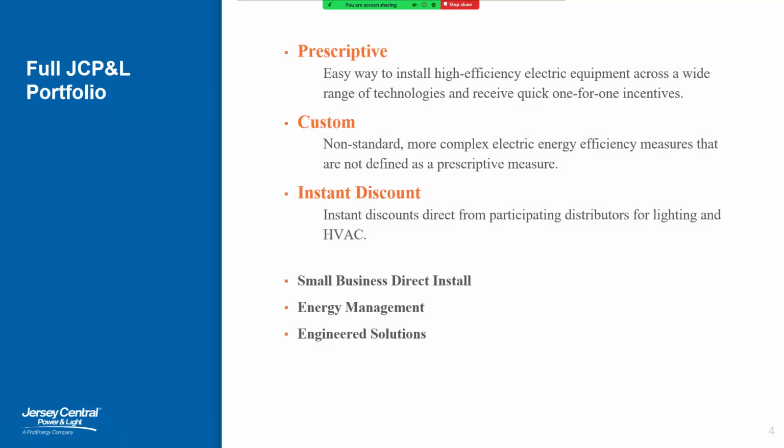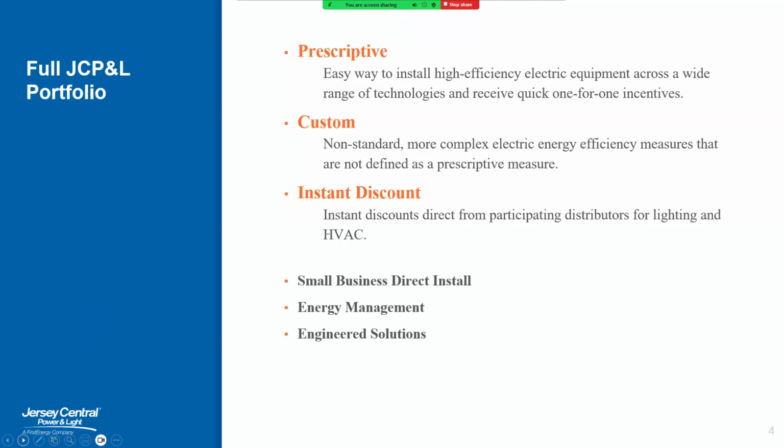And if you do have projects that you feel qualify for these other programs that are administered by Willdan, which is more comprehensive in nature, so they're not looking at a single measure, such as with the prescriptive, custom, and instant discount program. That's more of a comprehensive project scope incentive program. I'll be happy to send an introductory email. If you like, you can email me and we'll support you with getting connected with them.